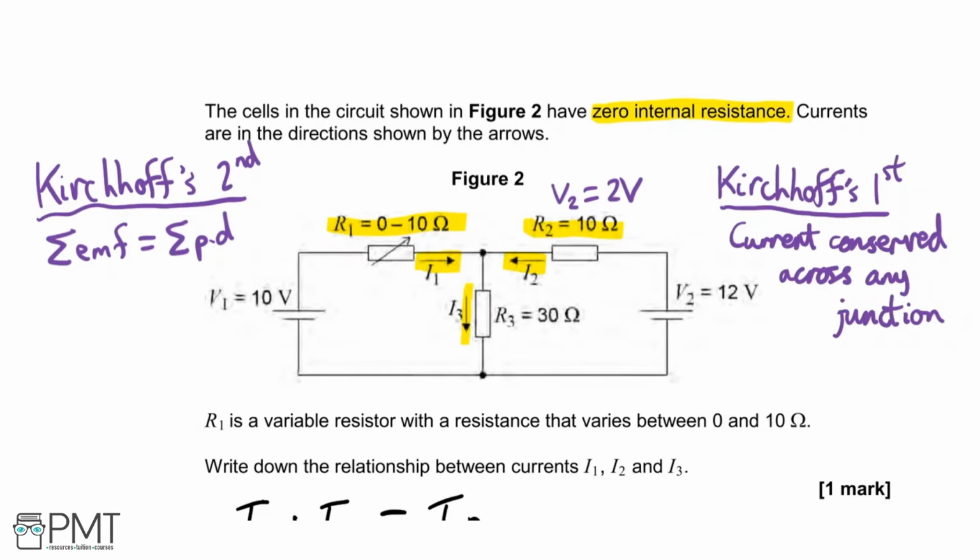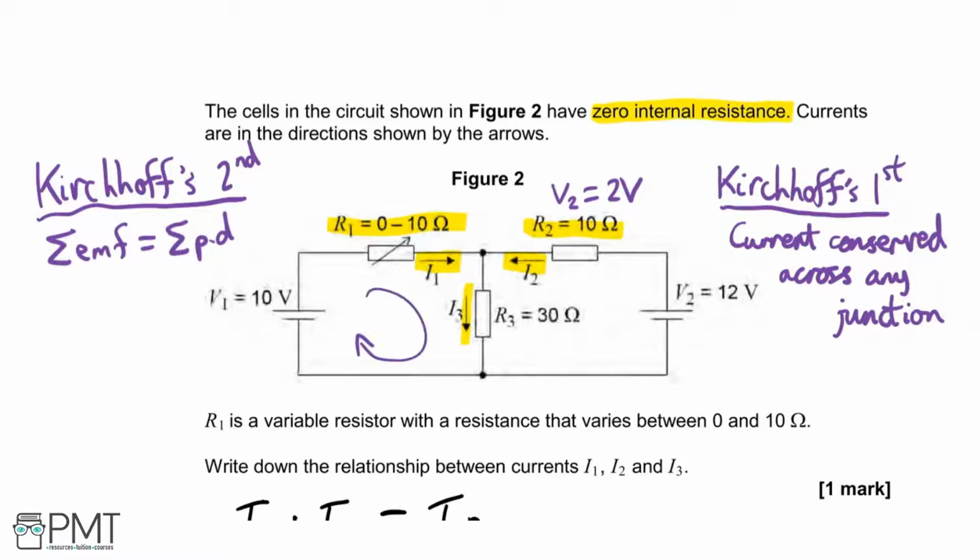So the first thing to note is that if this resistance is going up, it's going to take more energy out of the circuit, which means that the potential difference across R1 is going to increase. Now, if we are still going to obey Kirchhoff's second law, then of those 10 volts that are supplied to this closed loop on the left,